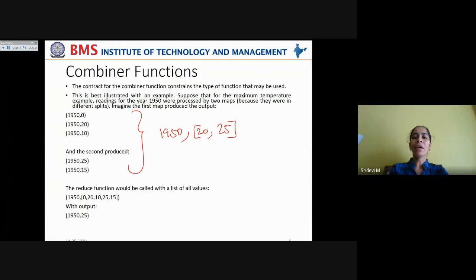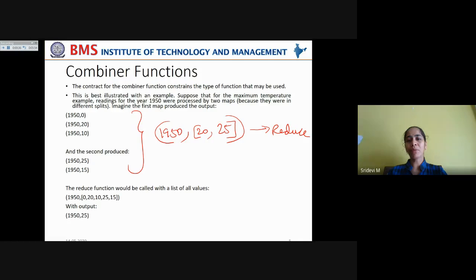This is combined by the combiner function and further given to the reduce job. Instead of two map jobs communicating with the reduce job, the combiner function takes the data from these two map jobs and consolidates their highest temperatures.